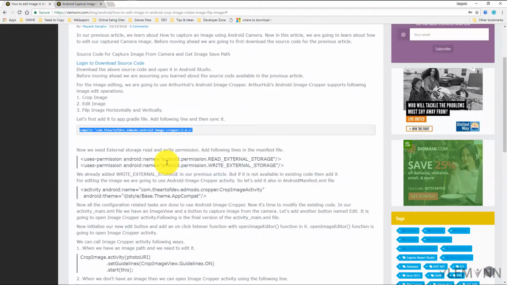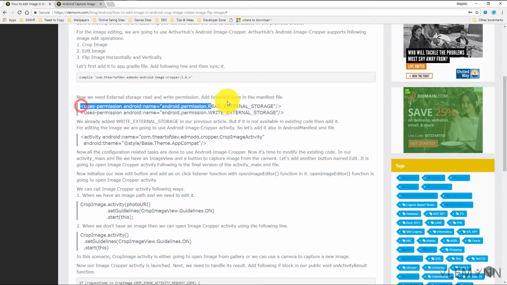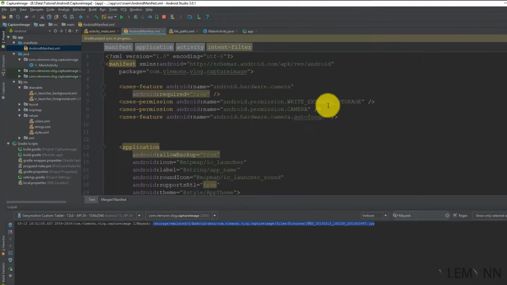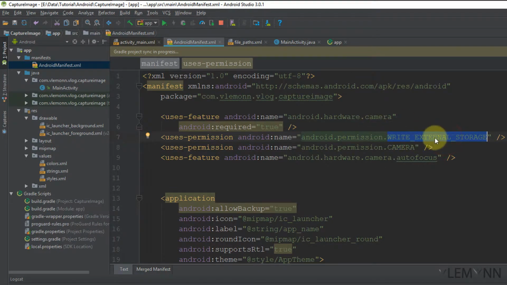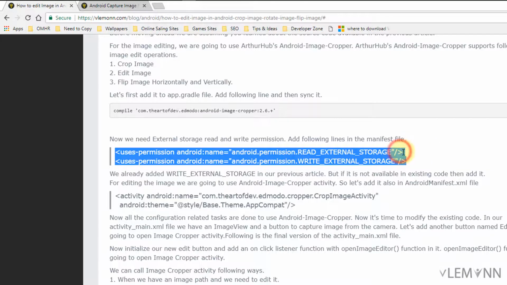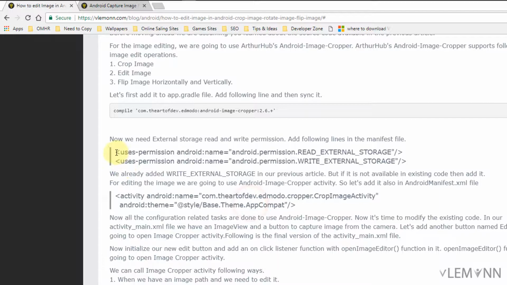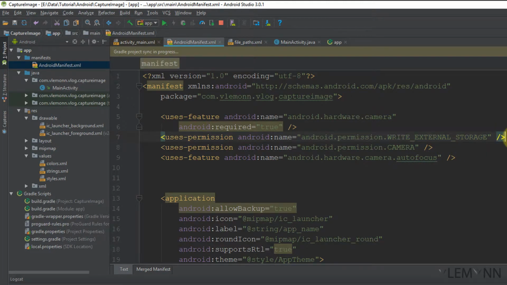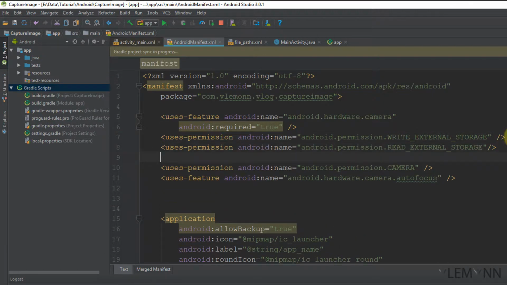Inside this, we need to add these 2 permissions: read external storage and write external storage. Okay, so we already have permission for write external storage, so we are going to add this first line. I'm going to use this, and then I'm going to add it just here. Okay,